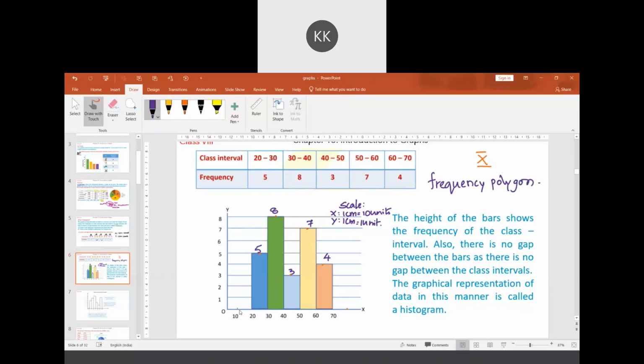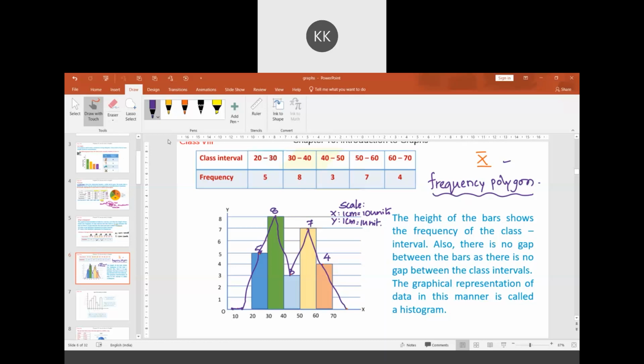So how is a frequency polygon obtained? Between each of these bars, we have to select the midpoints and join them using a line. There are several line segments here. These are to be joined. So if I neglect the bars here, it becomes a line graph. There are so many line segments, so it becomes a line graph. So a frequency polygon is obtained. This you are going to learn in class 10th.